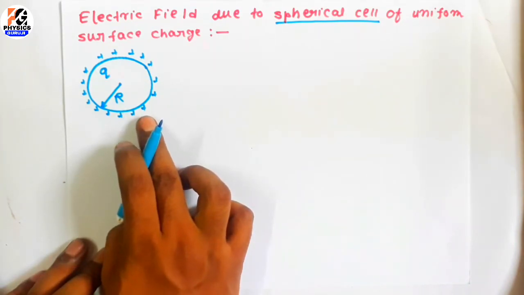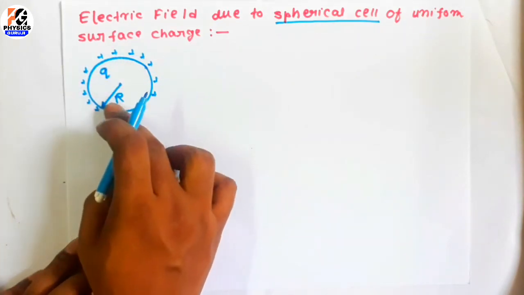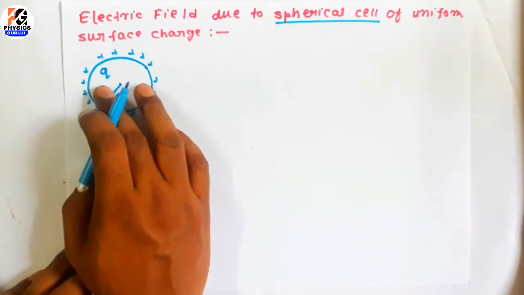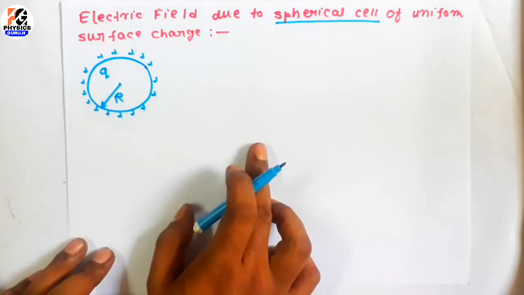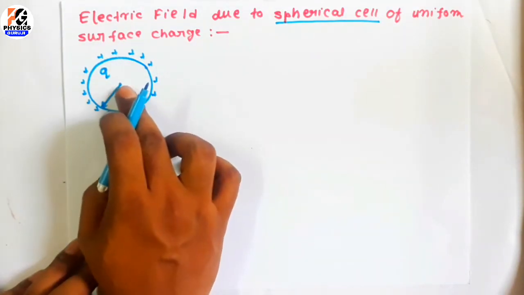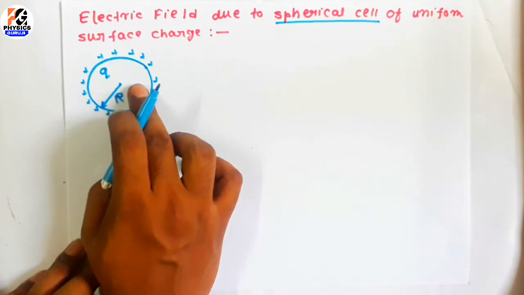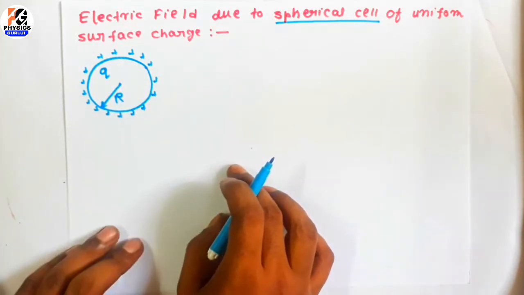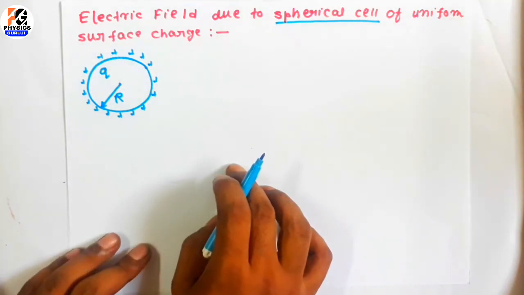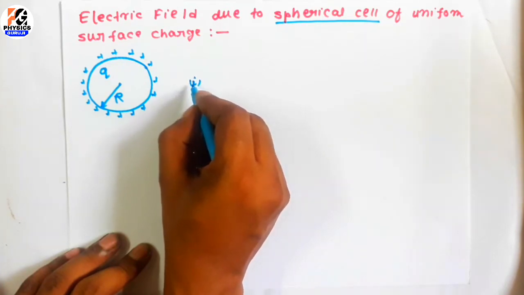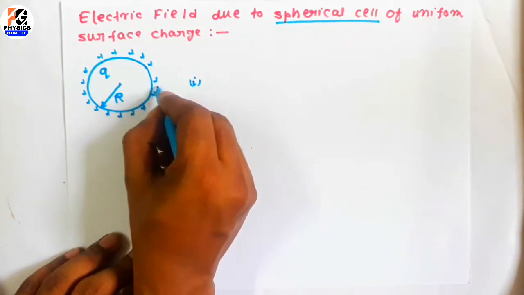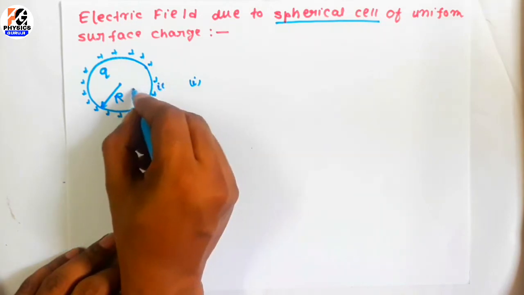In the case of a conducting sphere, whether it is a shell or solid, for a solid conductor the charges also remain on the surface only. So the calculation for a metal or for a spherical shell of non-metal will be the same. So let us calculate the electric field. We will calculate the electric field in three positions: one is outside the surface, second is on the surface, and the third is inside the shell.